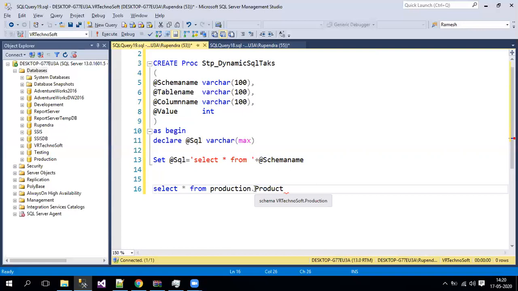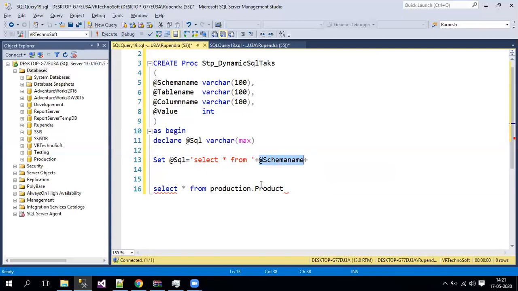Now the dot is always static, right? There won't be any change, so it won't come as any commas or semicolons and all. Always it will be a dot. To keep this dot as static, you need to put plus again. Why? Because this variable should be in between your plus symbols, since we are concatenating this value.